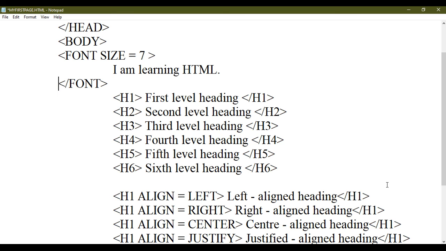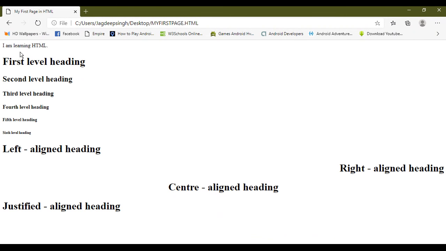So here in this code we have used the font size 7, and the content of this element is I am learning HTML. Save your web page. Now open the Internet Explorer. Here you can see that I am learning HTML is in small size. Now refresh your web page, or you can close this web page and reopen your web page with the help of Internet Explorer.